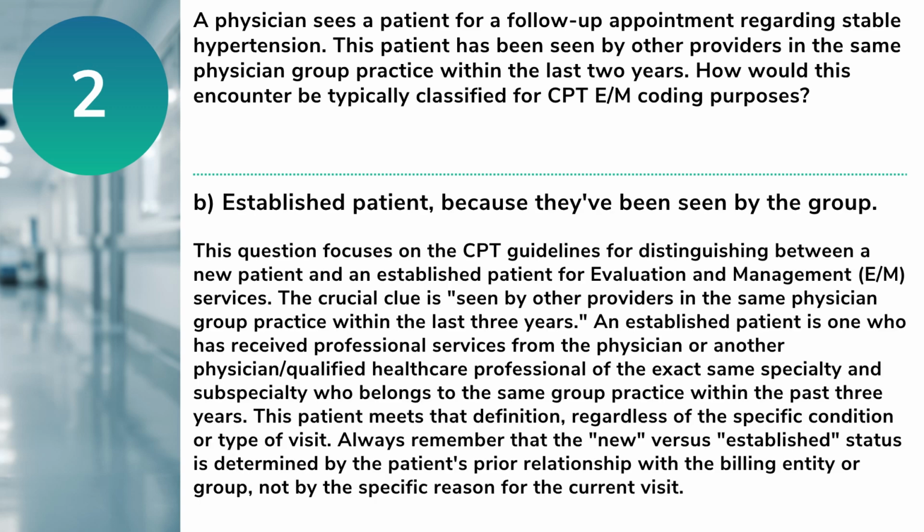Answer: B. Established patient, because they've been seen by the group. This question focuses on the CPT guidelines for distinguishing between a new patient and an established patient for evaluation and management, E/M, services. The crucial clue is seen by other providers in the same physician group practice within the last 3 years. An established patient is one who has received professional services from the physician or another physician/qualified healthcare professional